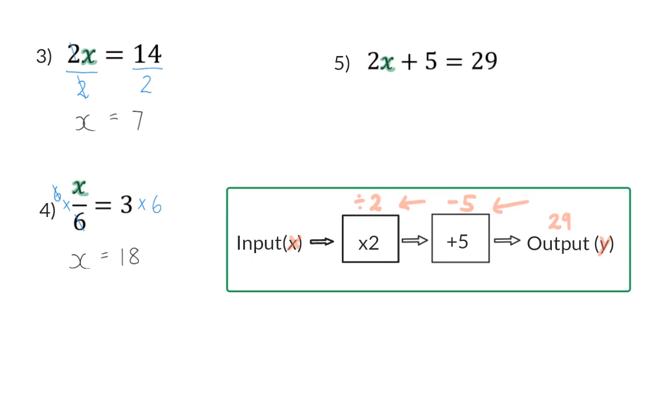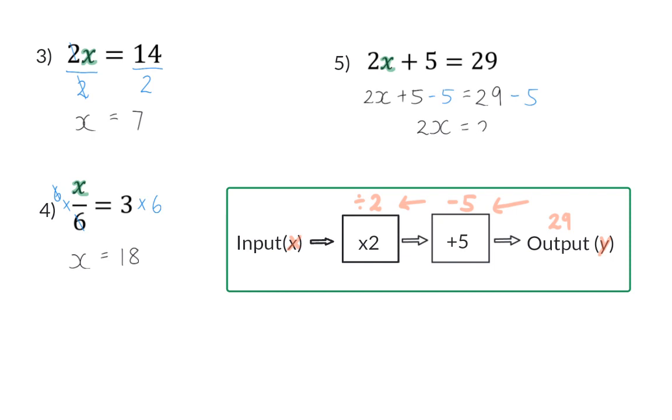So when writing all of these calculations down, we start by subtracting 5. When you subtract 5 on the left-hand side, to keep the equation balanced, we also have to subtract 5 on the right-hand side. So on the left-hand side, we are left with only the 2x, and on the right-hand side,